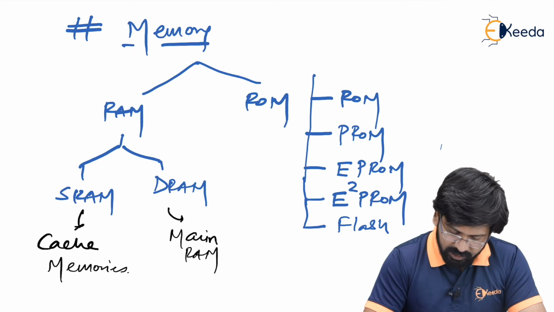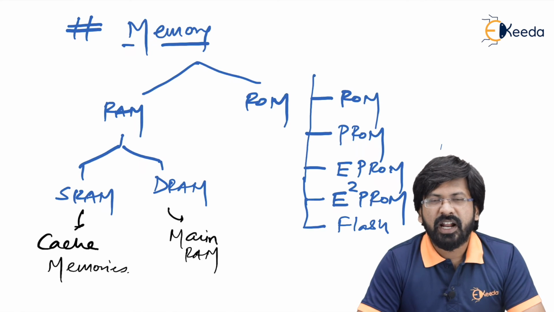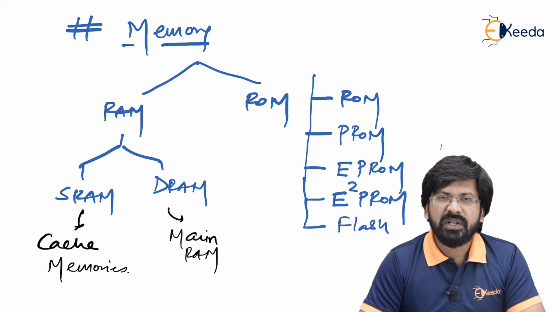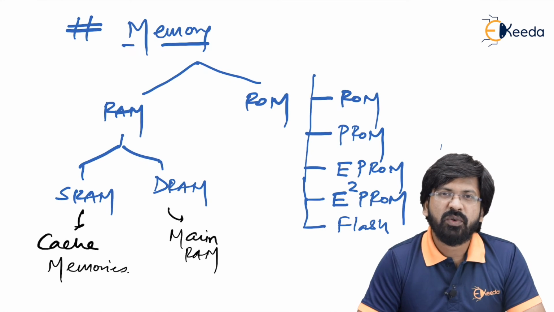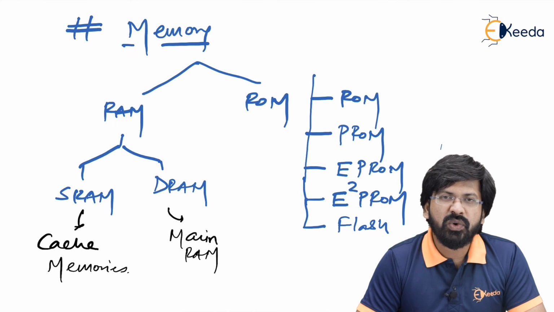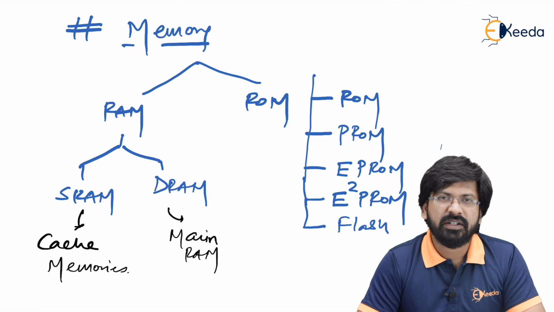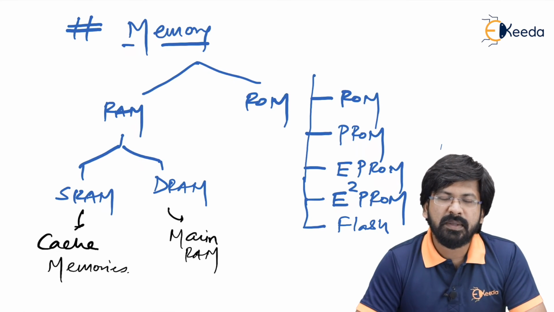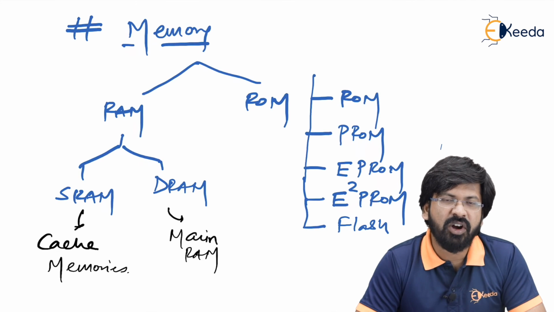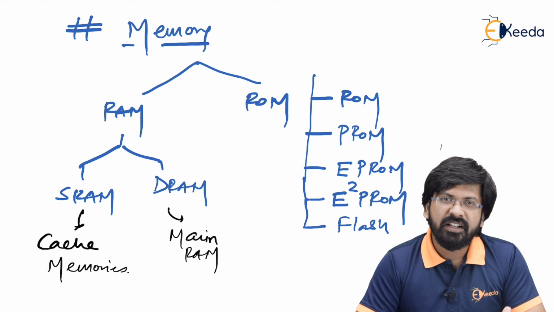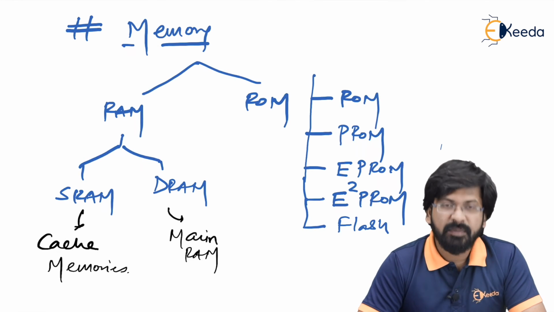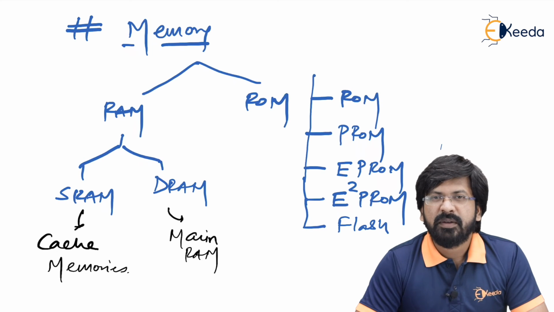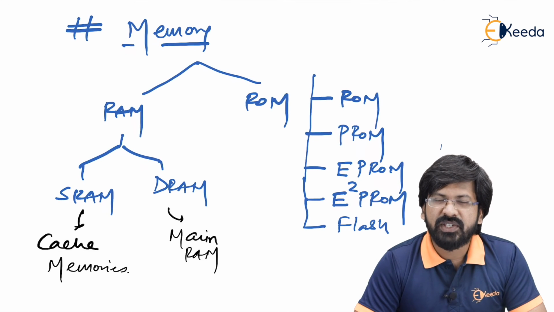Now let's talk about ROM. In ROM there are various types. The first one is simply called ROM, which stands for read only memory, in which the program is already stored, you can only read it and execute it. Here, the CPU can only read the program which exists inside the ROM. It can read it, fetch it, decode it and execute it, and that's it about the ROM. Now programmable ROMs are basically called one-time programmable ROM. So you can program it but only once, and once you have programmed it, it has simply become ROM only.